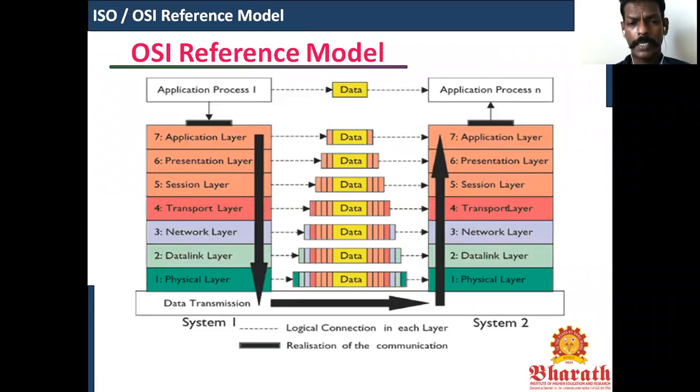I just want to send data from a source machine to the destination machine. How will this layer help? First, I want to migrate data from a source to the destination machine. First, I need a sender machine, a receiver machine, and then media, protocol, and then your message. So first comes system one, which you can imagine as a sender machine, and system two will be your destination machine. So the source and the destination machine, and then the media is nothing but